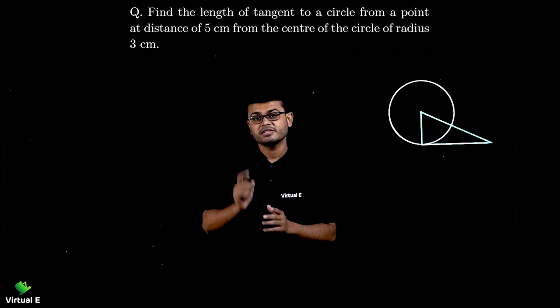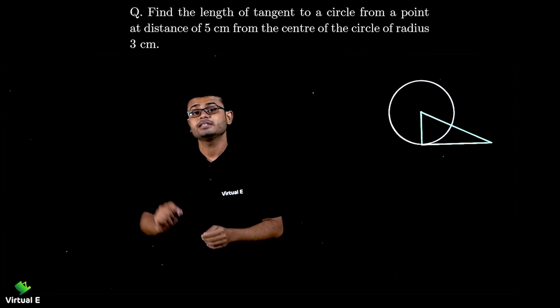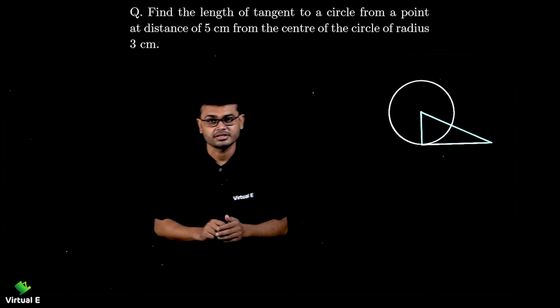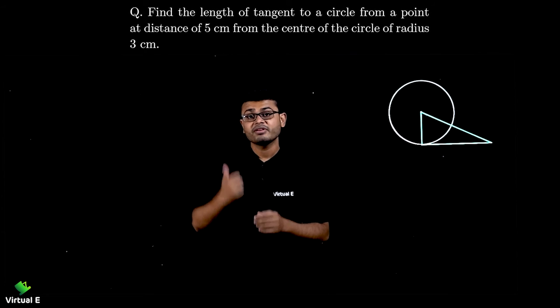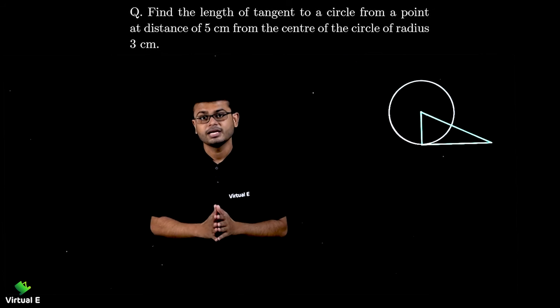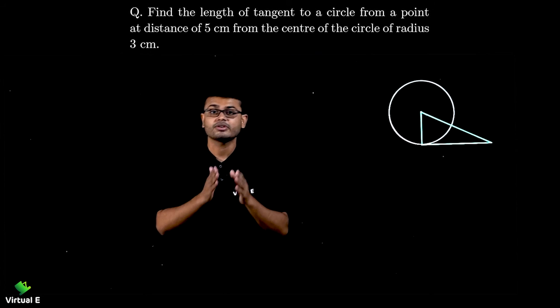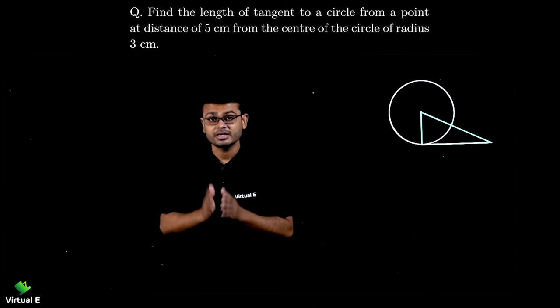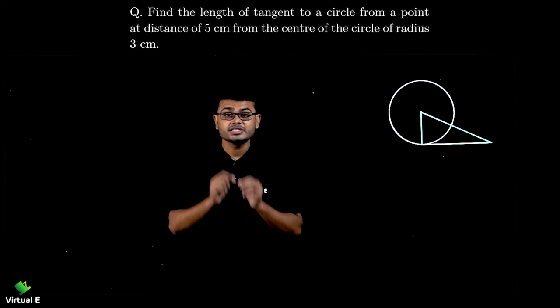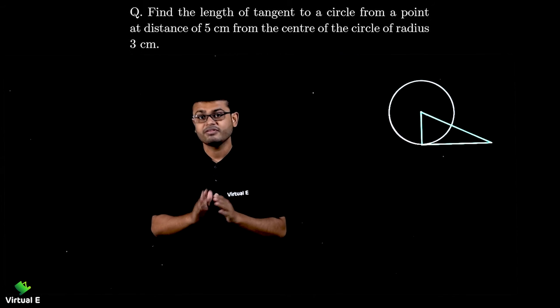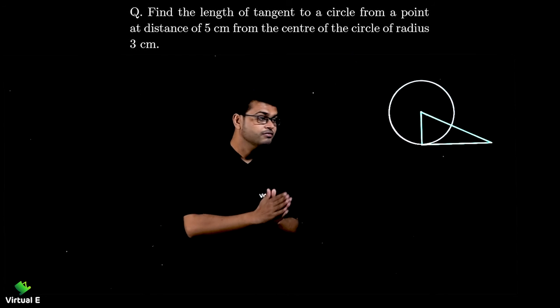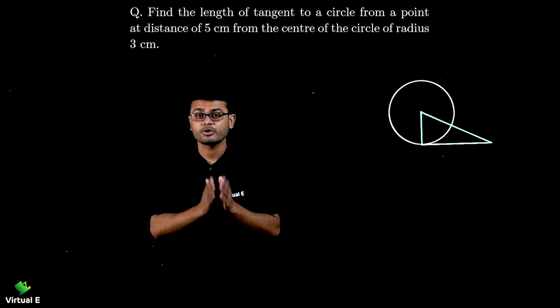We have already discussed one question related to finding the length of the tangent. Let's discuss the second one. In the previous question, the figure was already given, and in the figure it was mentioned directly that PQ is the tangent. You need to find this one. This radius is also given. But in this question, names are not given, and the figure is also not given. I have drawn it for understanding and I request you to draw as well.